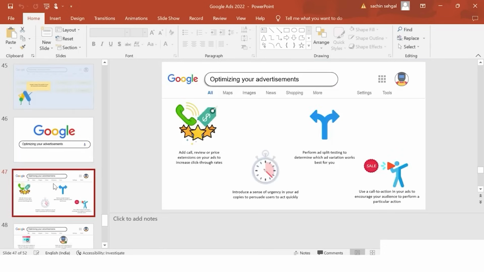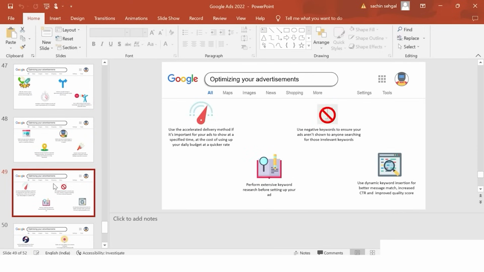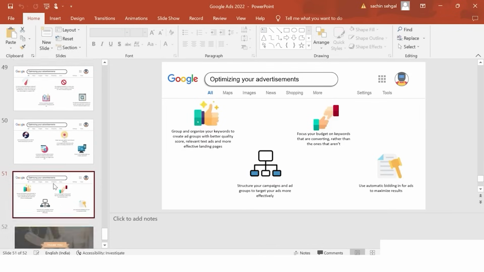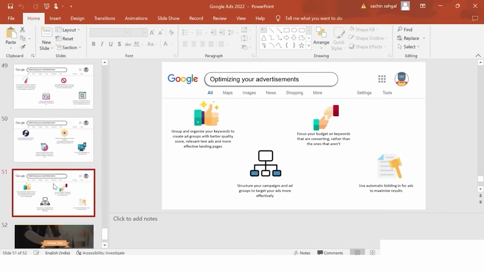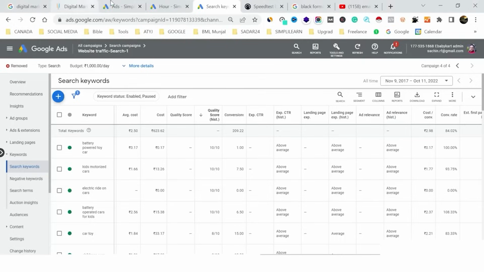Then you check, I have already shown you, you check the keyword, you check the timing, which were the best timing you have shown the ad, which were the best locations your ad has actually got the result from, and then accordingly your ad can be optimized and can be changed. You change your budget, you change your bid price, you change your location, you change your timing, you change your headline. It all depends after your ad has actually been shown, and then you research or you do the analysis,